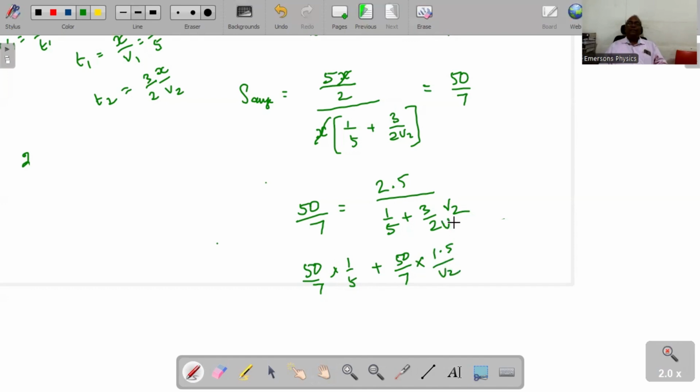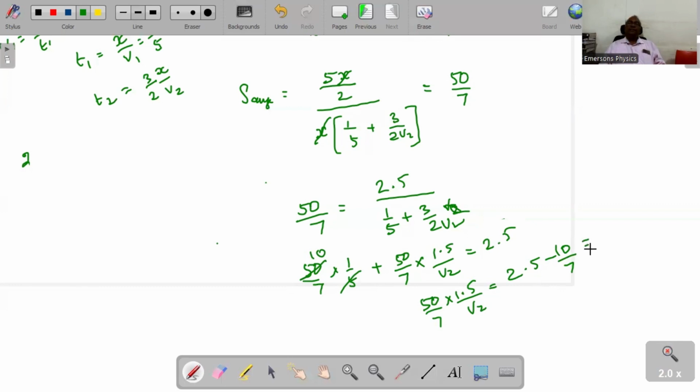This is denominator V2, equal to 2.5. Here this will become 10 by 7. Bring to the other side: 50 by 7 into 1.5 by V2 equal to 2.5 minus 10 by 7,